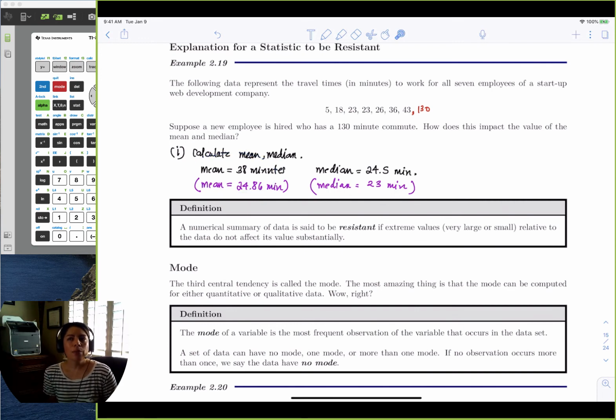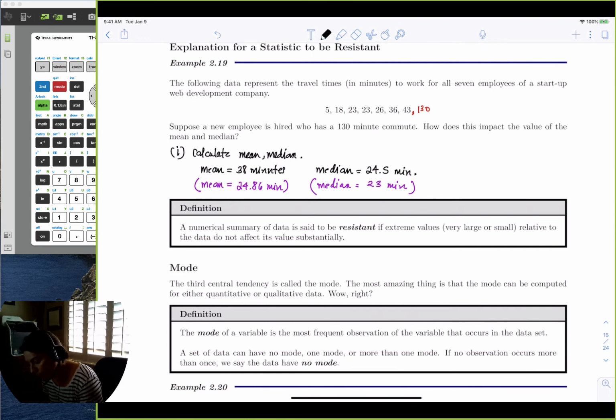And so I think that's the way to think about it, to really grasp the concept of which value is more resistant to larger or smaller values or extreme values. Which one was more resistant? Which one hardly had any change? The one that hardly had any change and was most resistant was the median. Right? The one that didn't resist, it's like, oh, I'm going to absorb all those minutes and I'm going to pull you up, right? And that's exactly what the mean is. And the mean isn't too resistant at all, right?